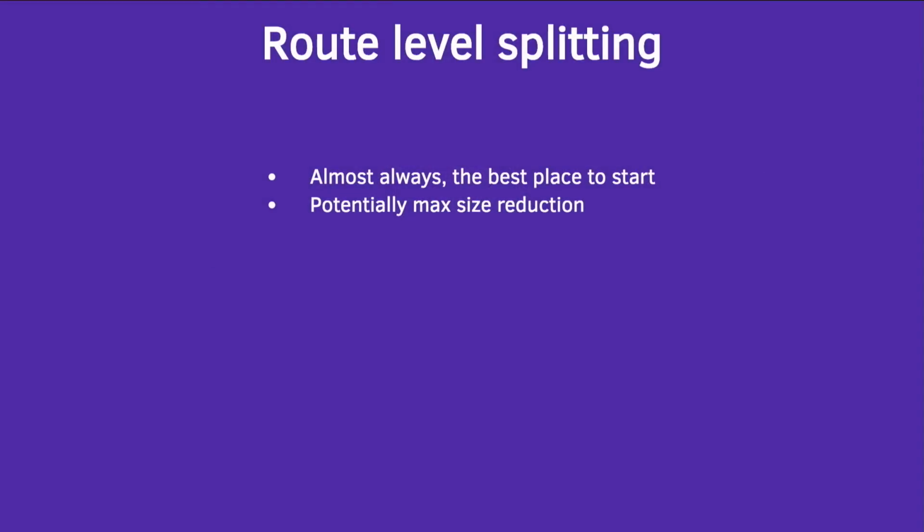It's also where you can have the maximum size reduction in your output bundle, because if you have two views which are very distinct, again, I take the example of a login view and then your actual dashboard. There's not a lot of code duplication going on over there. They're very distinct from each other. One loads all your fancy frameworks. The other is just a simple HTML form. So you can have a lot of size reduction over there. Your router needs to be async aware. If your router itself is not async aware, it needs to expose the right kind of abstractions for you to be able to do this.